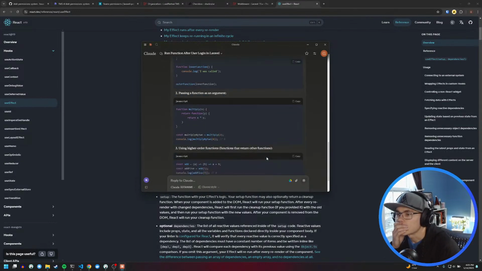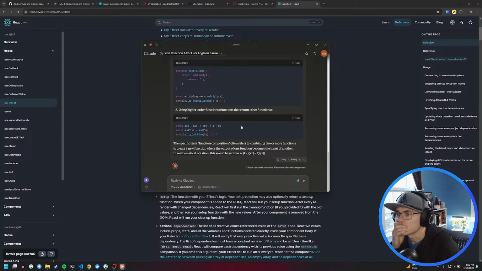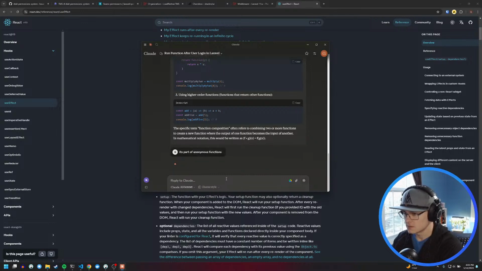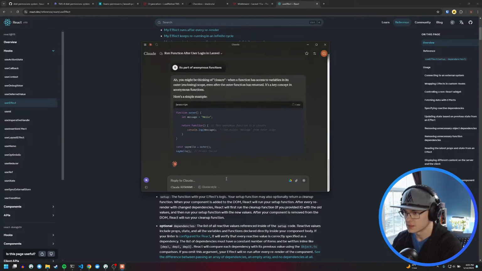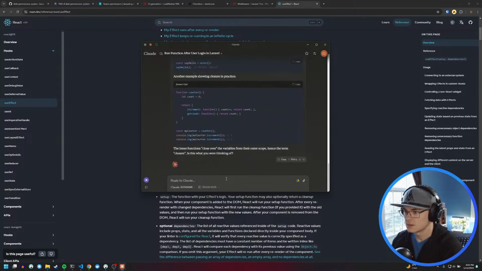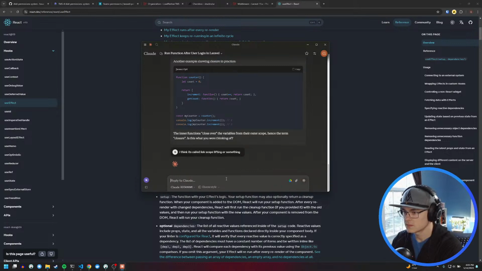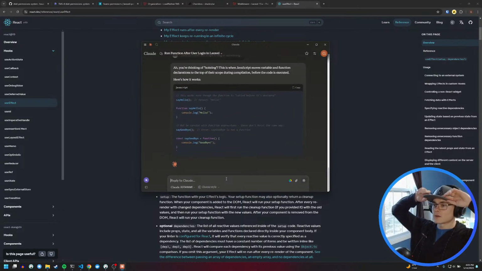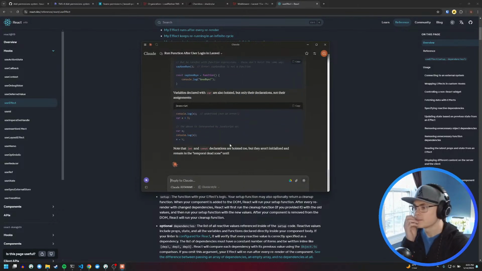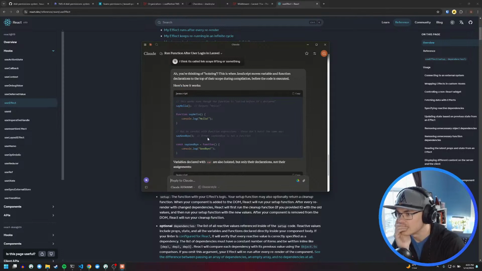Oh my gosh, what the heck is this thing called? It's part of anonymous functions. I think it's called scope lifting or something. Hoisting. That's what it's called. Yeah. Okay. I don't think I ever really understood this super well, but